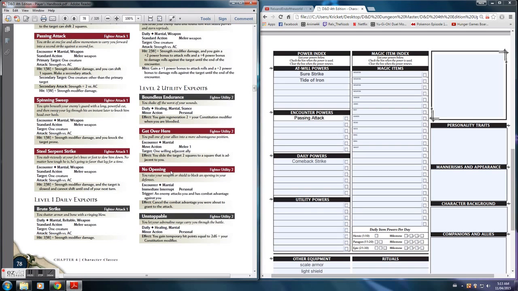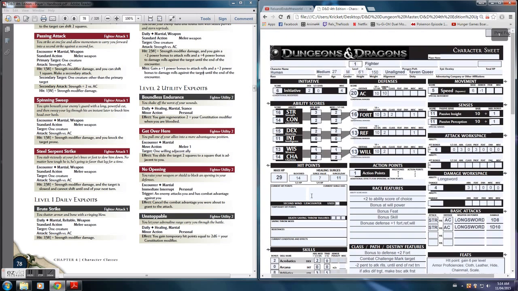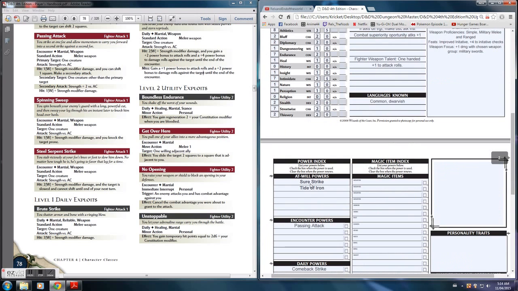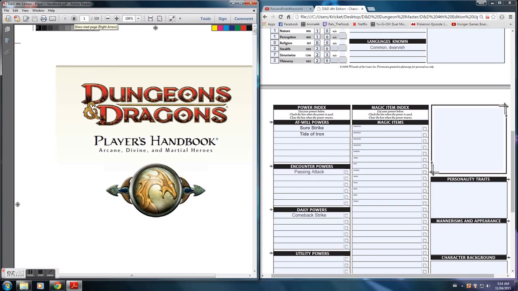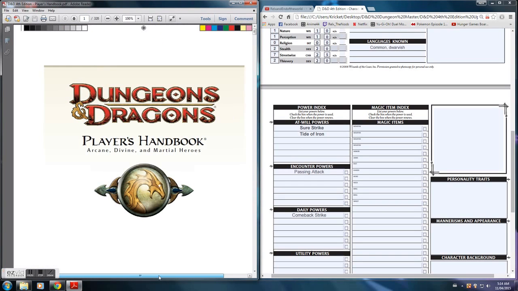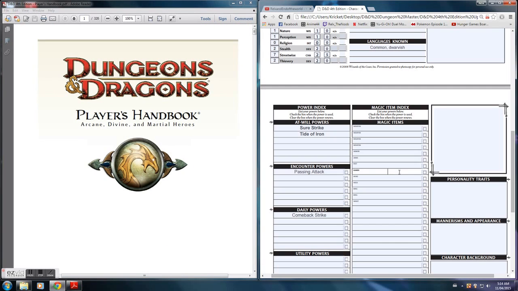If this guy was level 2, the utility power I would choose would be Unstoppable here. You gain temporary hit points equal to 2d6 plus your constitution modifier. Let's say I rolled both 6s on there. That's 12, that's 14 temporary hit points I gain, which is nice. So that is everything you need to know to create and start playing a character for Dungeons & Dragons 4th